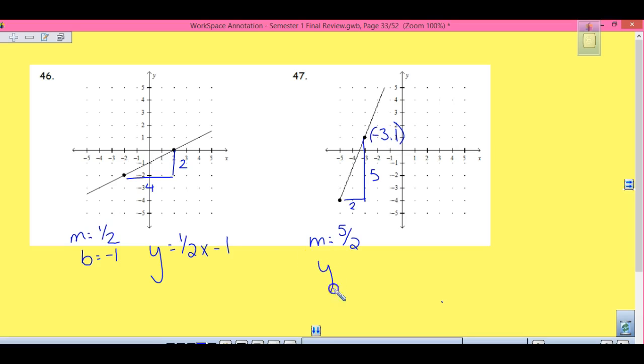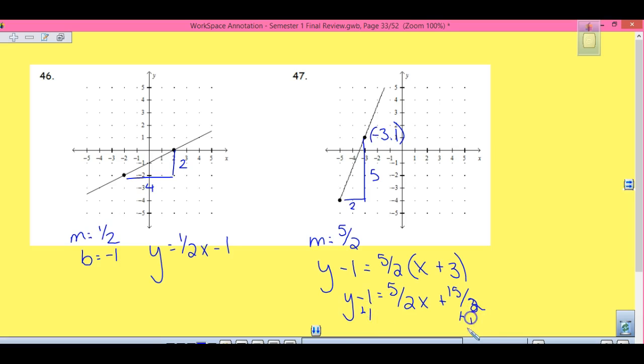So y minus 1 equals 5/2 times x plus 3. There you go. So y minus 1 equals 5/2 x plus 15/2